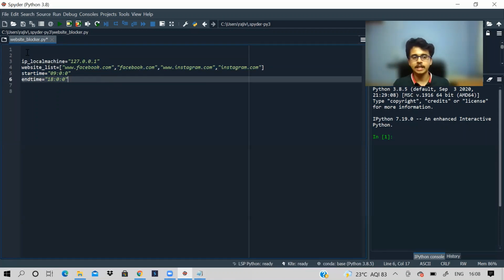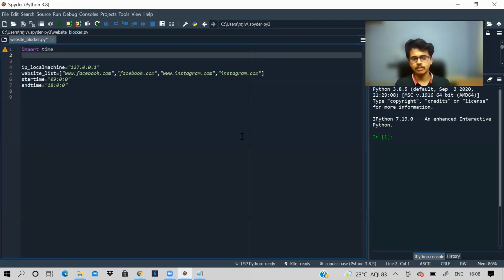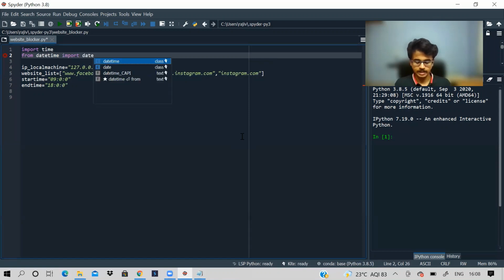Suppose this application is running at 2 o'clock in the afternoon. How will the program know it is 2 o'clock? For that, I think we need some libraries. You don't have to bother much. Just include these libraries. You need date, time, and time, I guess.